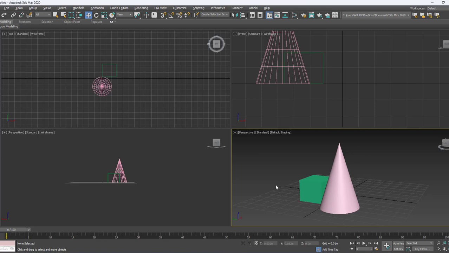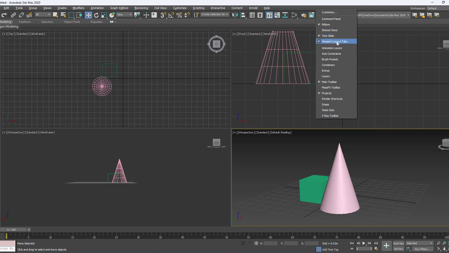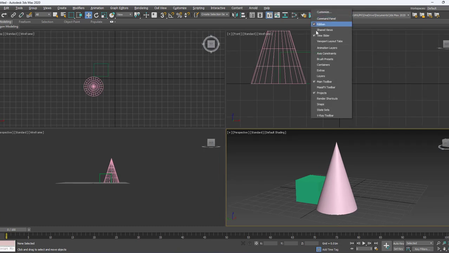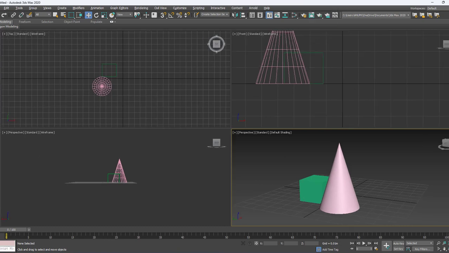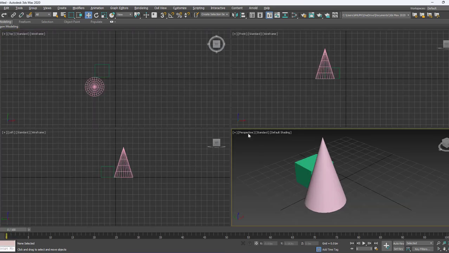To set the multiple views, you just right click. Just after the menu bar there is an empty space. Right click and then we have the viewport layout tabs. Make it on and then off like this. When you turn it on, you will get the different layout patterns here. You go to the arrow mark. So you can keep only one viewport, two viewports, three viewports, four viewports. Like this way you can keep the layout which one you want. I am just selecting the default viewport, that is 4. And then you can change it into perspective, front and then top and then left like this.